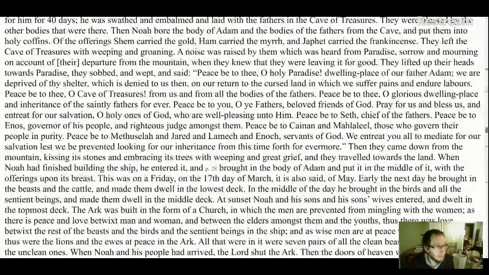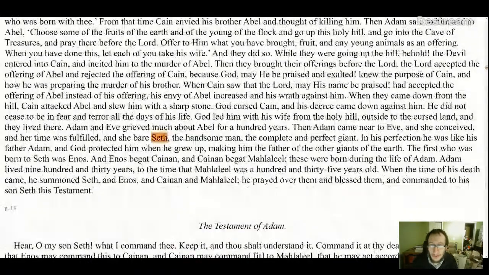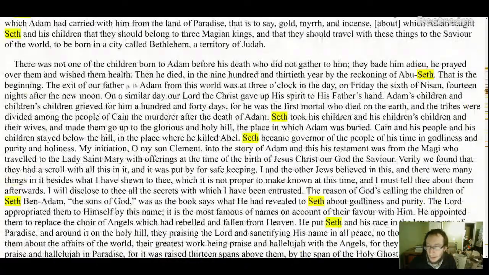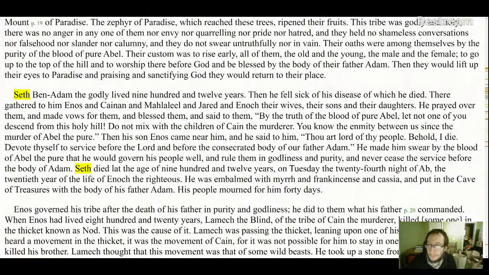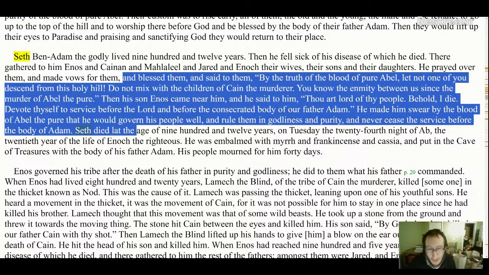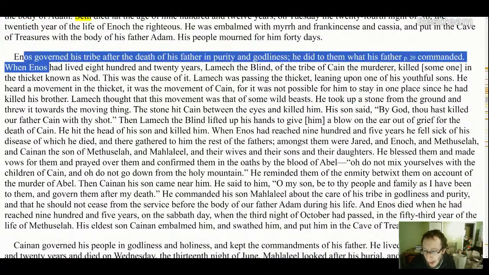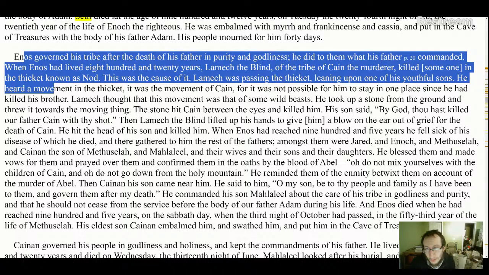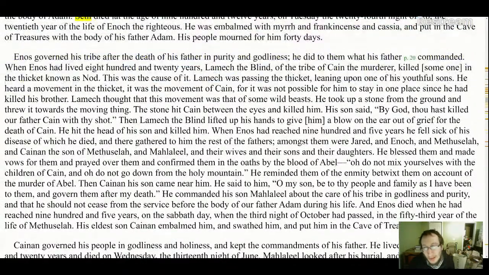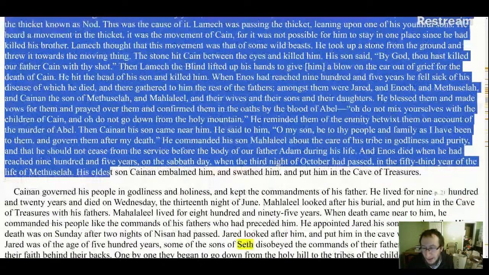And so, let's see, when Seth dies, let's see where that is. So Seth gathered to him Enosh and his descendants and their descendants, and he gave them commands. And then Seth died. Okay, and then it talks about Enosh. Now this is all in a corrupted form. This book, the Book of Clement, is heavily corrupted. So there's a lot of unreliable things in this book. So keep that in mind. But we can use it to have a general idea of some of what these lost books may have said.